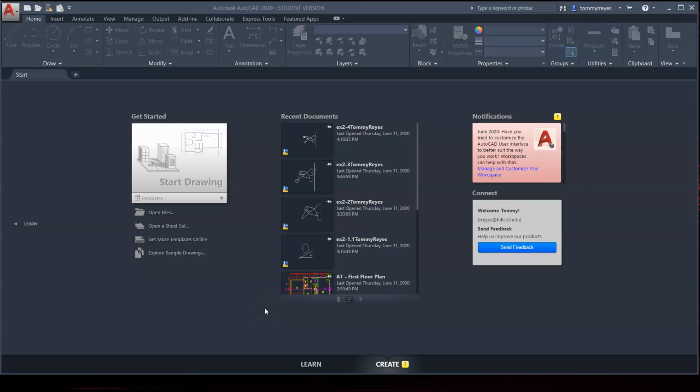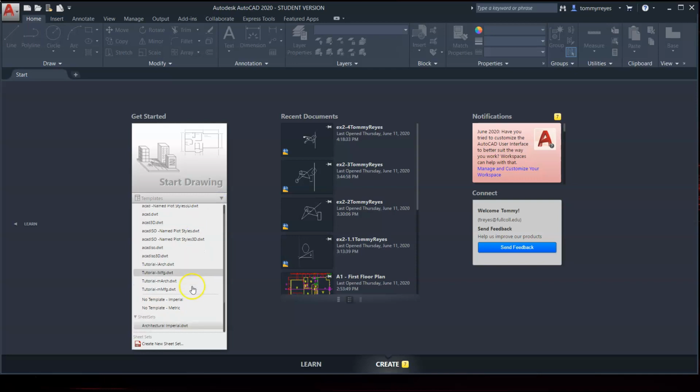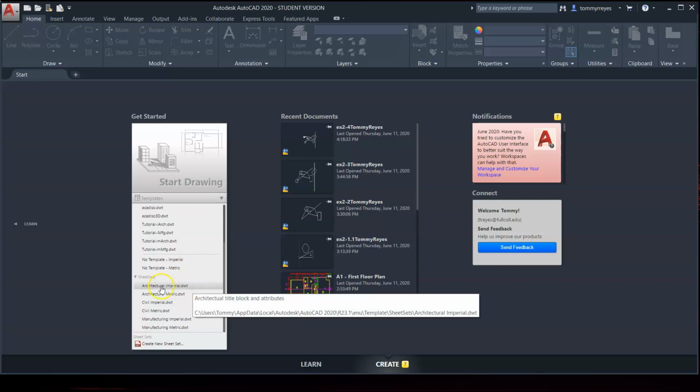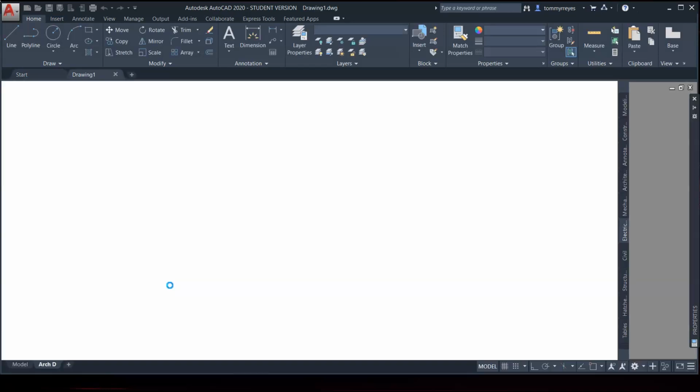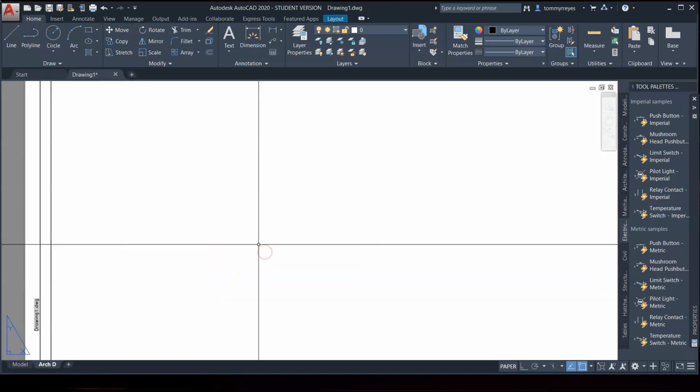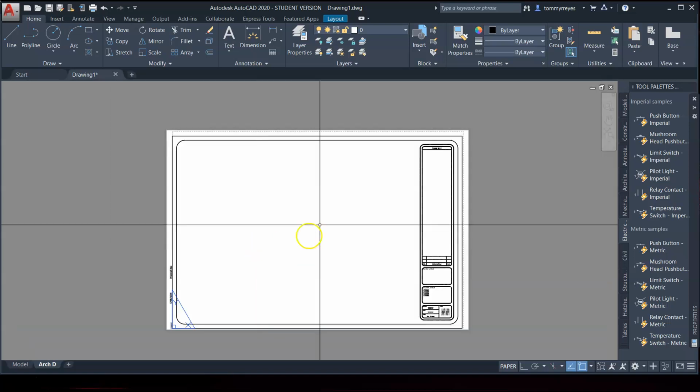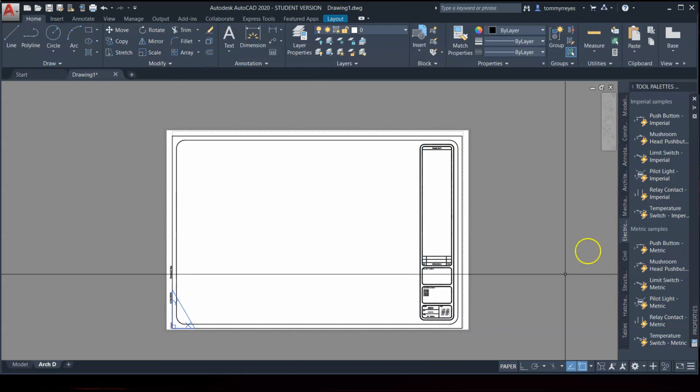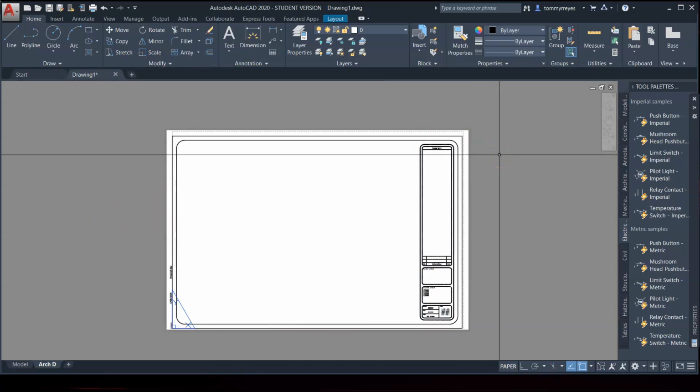Okay, so this is exercise 3-1. Go ahead and open the Architectural Imperial template. There we go. We are in paper space, and I know in every video, just as repetition, because I want